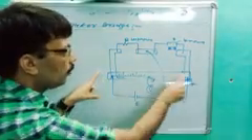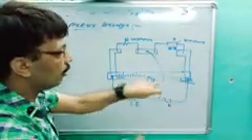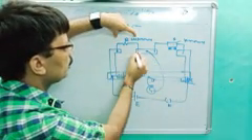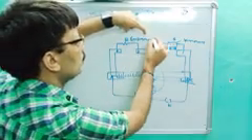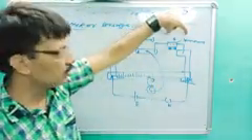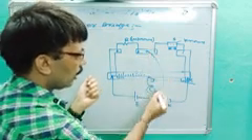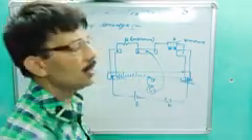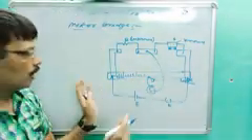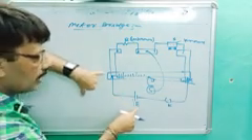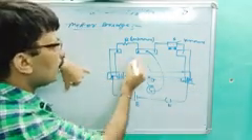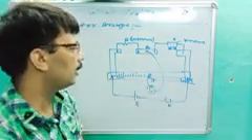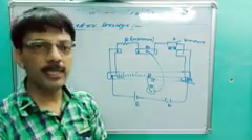Once again, it is a wood board with 1 meter long constantan wire. 2 thick strips are there. Between these 2 points, we will put the unknown resistance. This is a resistance box, called the known resistance. From the midpoint, a galvanometer and a jockey. The jockey will be slid from A to C until you get null deflection. And we will put the arrangement of cell and key between A and C. So this is A, this point is called B, this point is C, and where you get null deflection, that is called D. So this is the arrangement of the meter bridge.